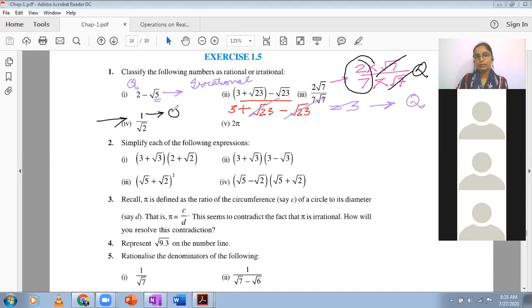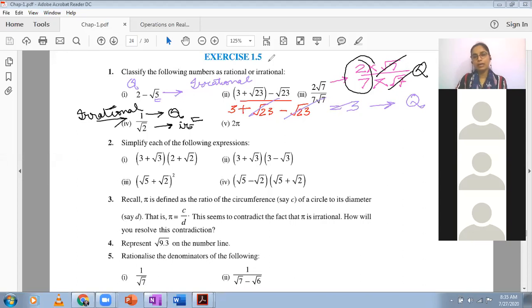This over here is rational. Yes. In the denominator, you have an irrational number. And the quotient, the division of a rational and an irrational number gives you a value which is irrational. Yeah, this will be irrational.